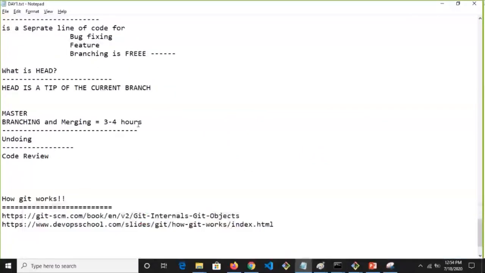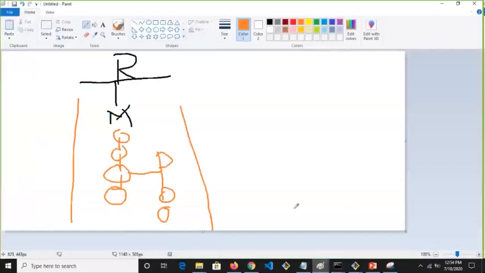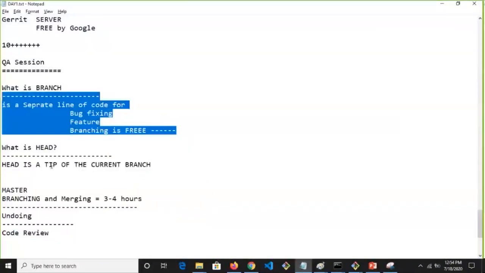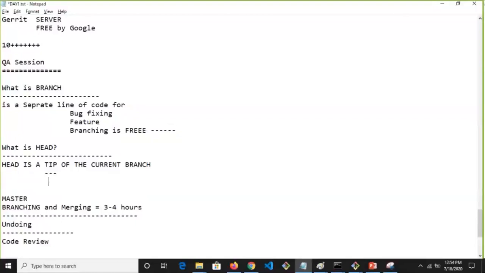So here we create branches, but the question was something else. The question was, what is a head? So guys, head is the tip of the current branch. Head is not the top. I never said top, I said tip. Understand that, it's a keyword. We should always play with keywords very carefully. If I said top, that would mean it's the last commit of that branch, but I never said last. I said tip, meaning the tip of the current branch.